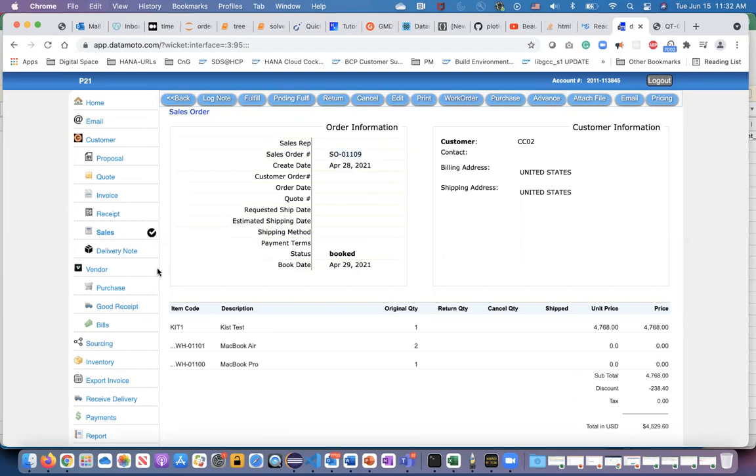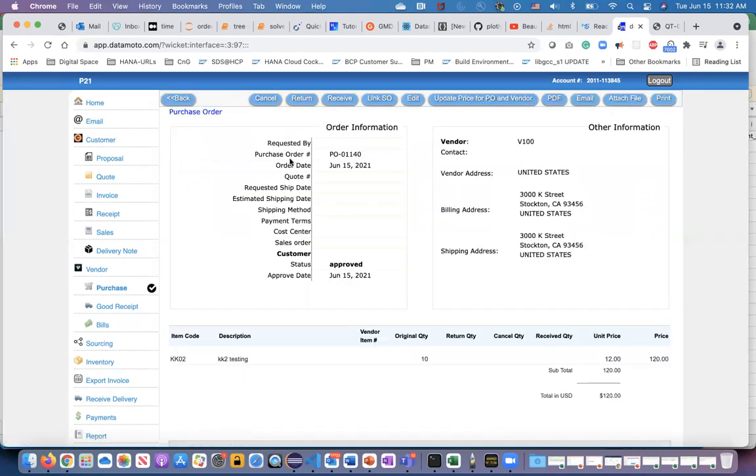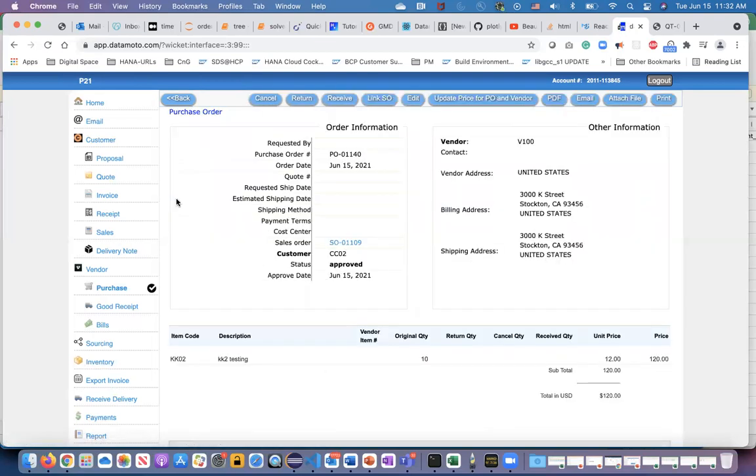I'm just making a shortcut here. So he opens this purchase order, then links this purchase order to that sales order. All sales orders are displayed over here. Then you want to link it to that sales order. Once it links, the purchase order has a link to this sales order. So if we go to this sales order